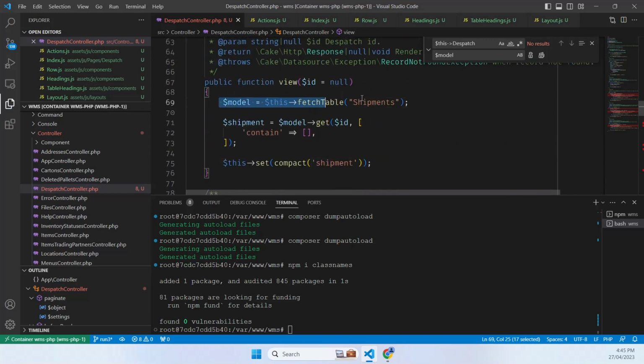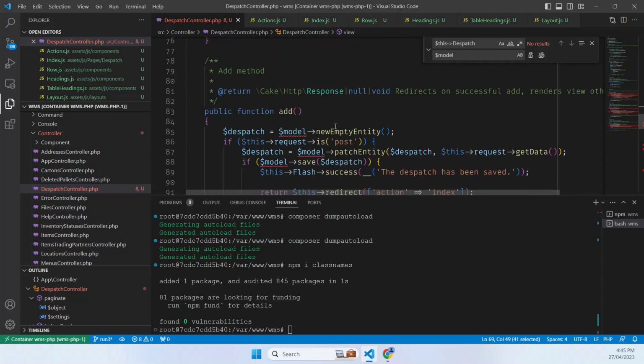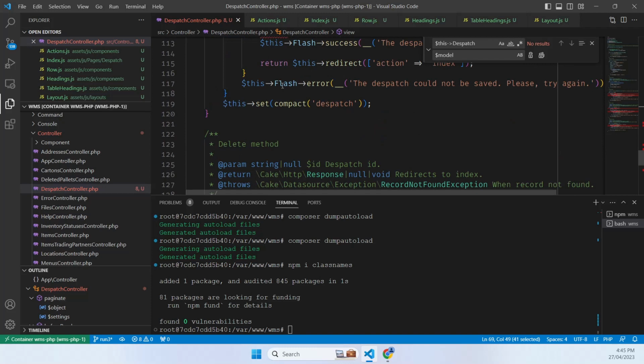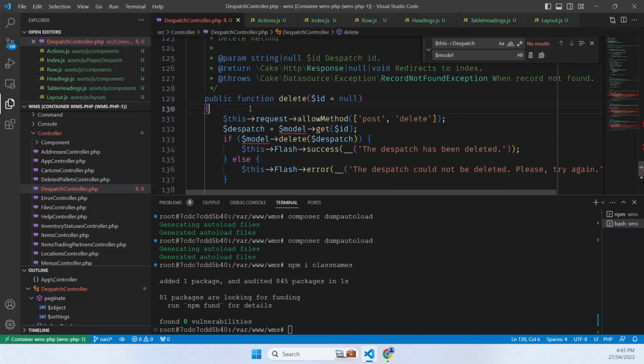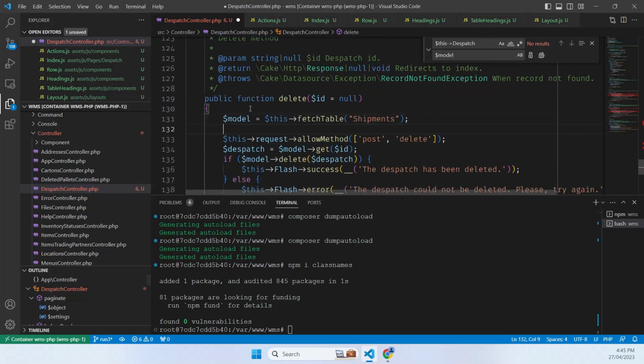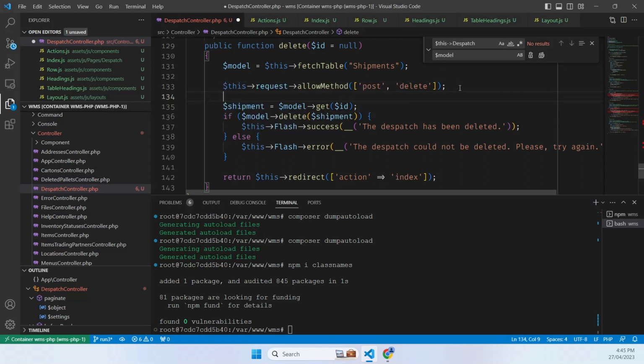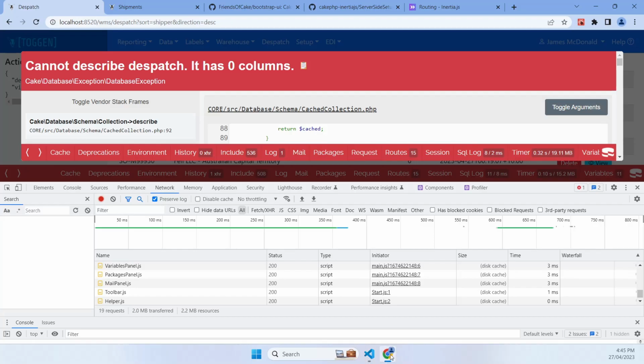We're not going to implement add and edit, but we will be implementing delete. So let's implement delete, and we want to change that to shipment. Yeah, alright, so now